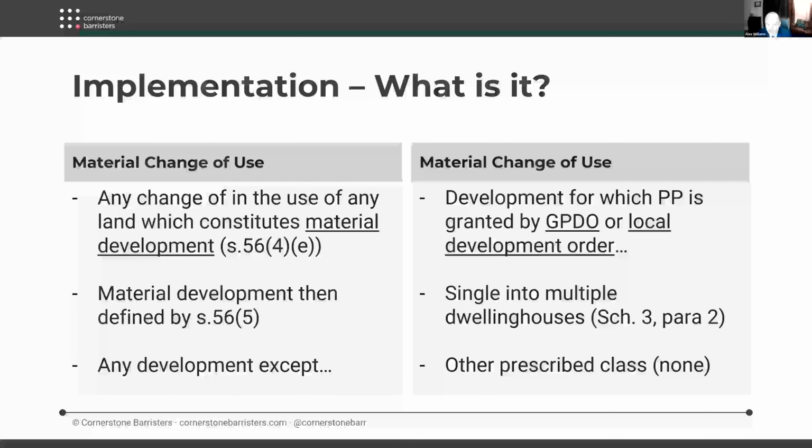That includes the change of use of a single dwelling house into multiple dwelling houses. And the third is any other development which is in a class which is prescribed under secondary legislation. I'm not aware that there is any such class, and so for present purposes, that third category is not really relevant. I tend to find, I don't know whether Robin finds the same thing, that these issues of whether permission has been implemented tend to arise in the context of operational development rather than changes of use. But do just remember that there are specific rules on changes of use and implementation, and that section 56.4 and section 56.5 provide for those.